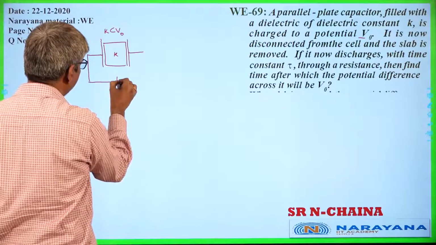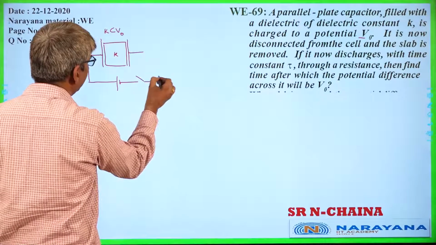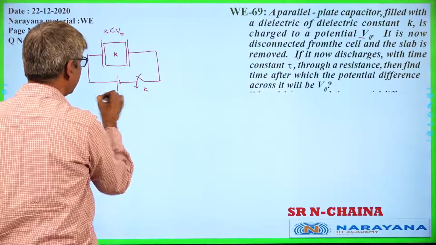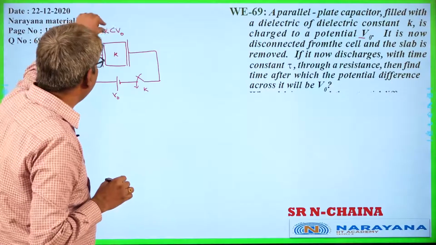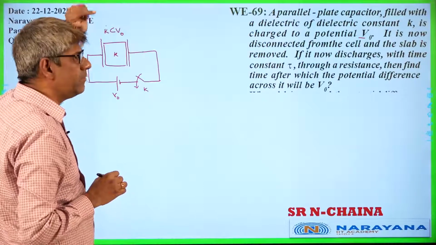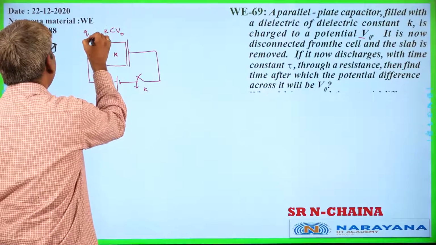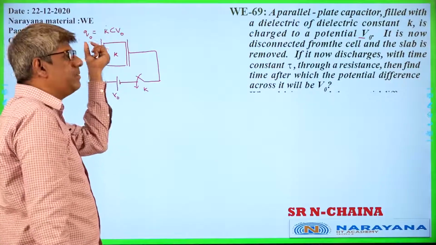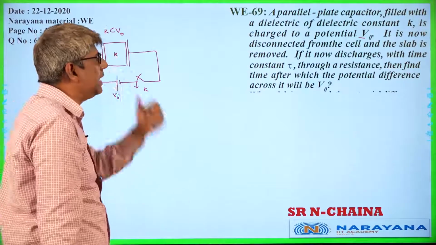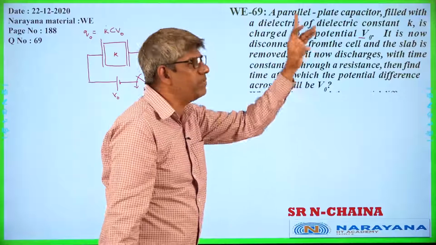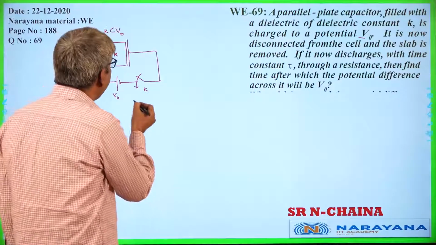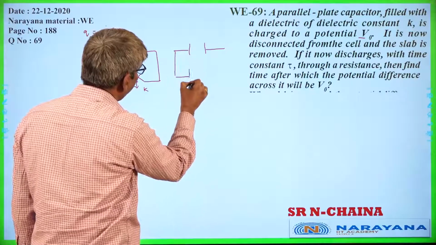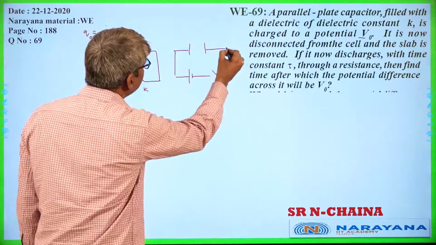So connect it to the battery like this by placing the key, closing it first of all. Let its voltage be V0. KC is the capacity, V0 is the voltage. This is the value of voltage initially, which is a maximum. Indirectly, we can say this capacitor is charged to a maximum charge of KCV0. This is the initial diagram. Now it is disconnected from the cell. Disconnected from the cell means the key is open. The capacitor and battery are like that only, but if I simply open the key, it is said to be disconnected.